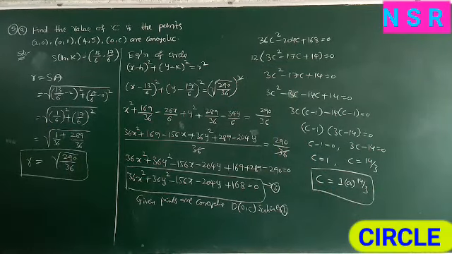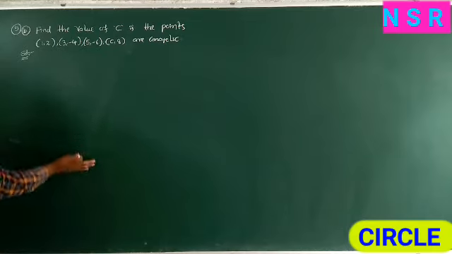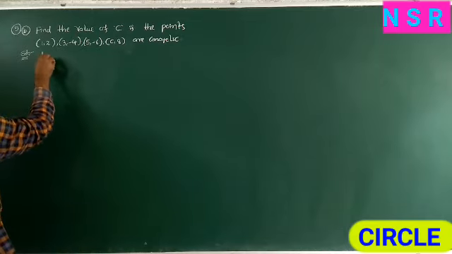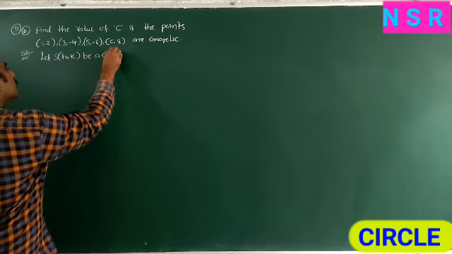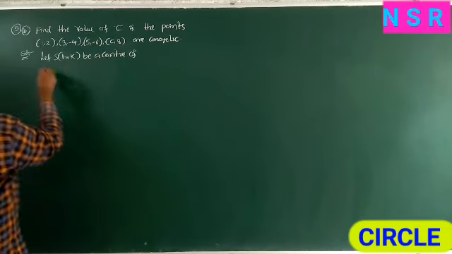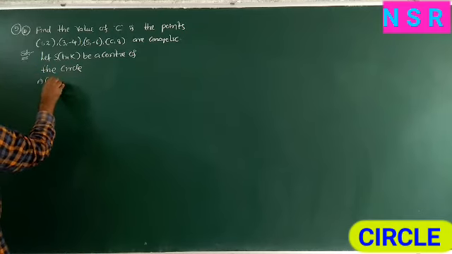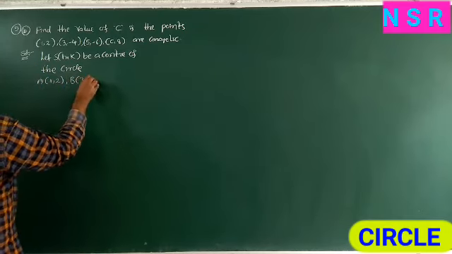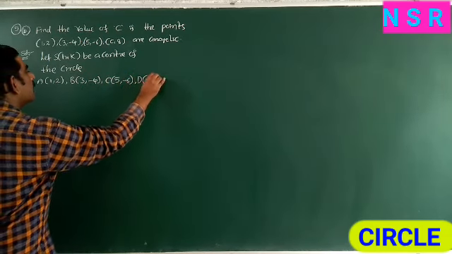So this is an important question. Here given 4 points, that 4 points are concyclic points, then find the value of c. So next question 5b. Here also the given points are concyclic, find the value of c. Let S(h, k) be the center of the circle. Here given 4 points, A(1, 2), B(3, −4), C(5, −6), and D(c, 8).